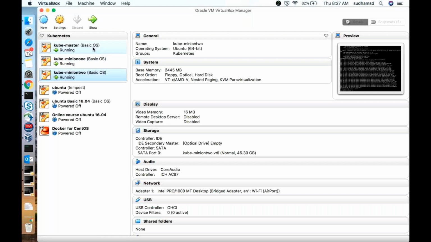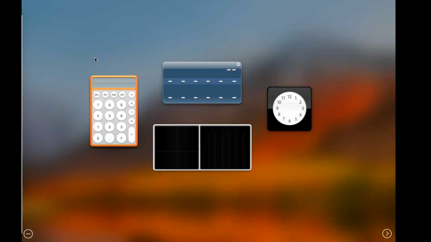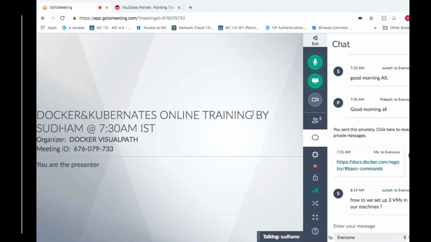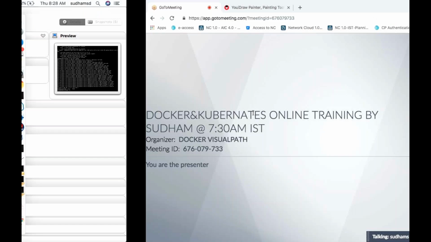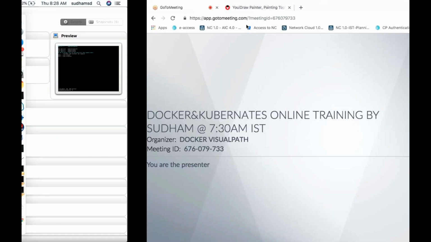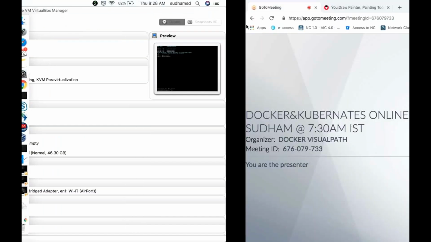How to create VMs again? I cannot show you, because this experiment I have already shown you: how to create VMs with Ubuntu installed. What I have changed is only the network part. I'm even showing you how to configure the IP address here. You can see that.